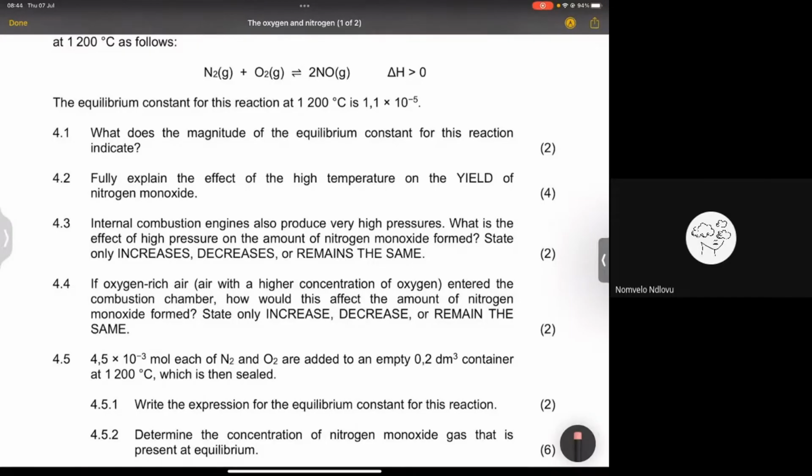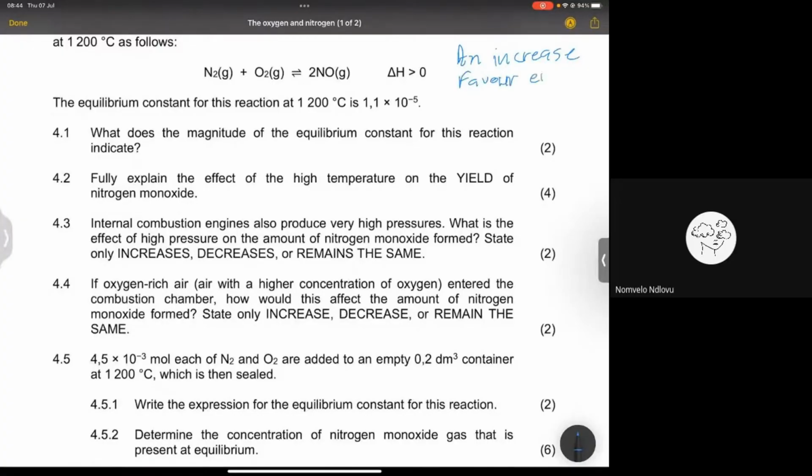When we say this is an endothermic reaction, this is a blanket statement: whenever we increase temperature, it always favors the endothermic reaction. Please remember that an increase in temperature will favor